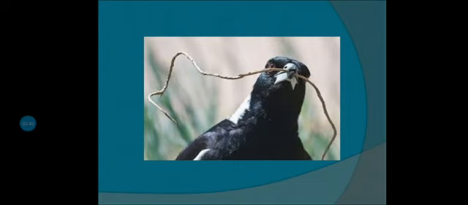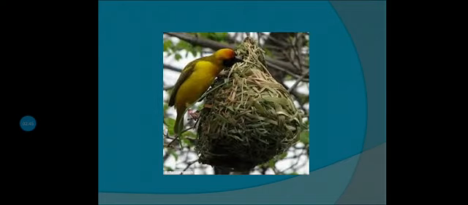Birds use them to build their homes and to catch food. Its shape helps it to dig onto the surface of fields to get the insects and worms to eat.